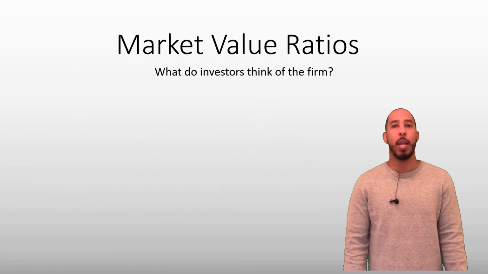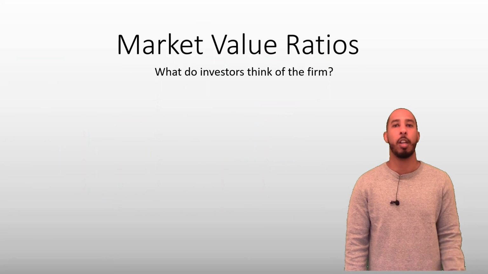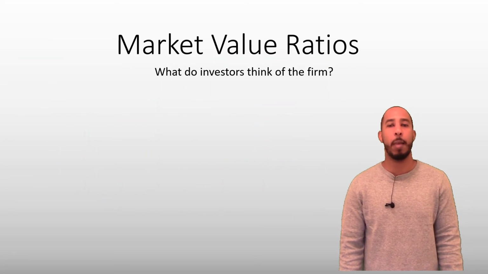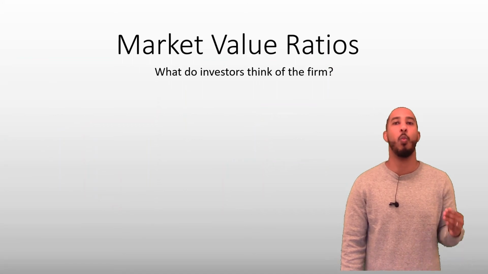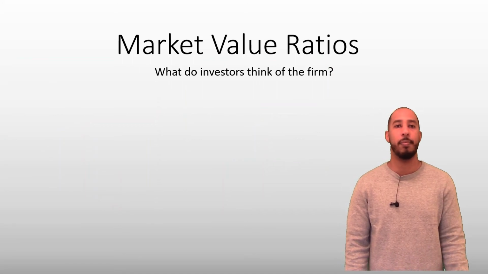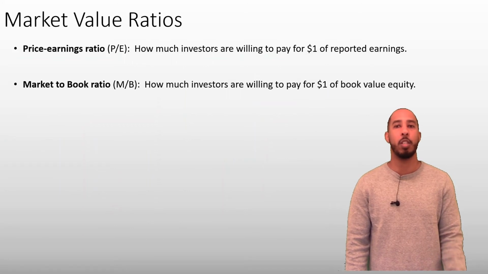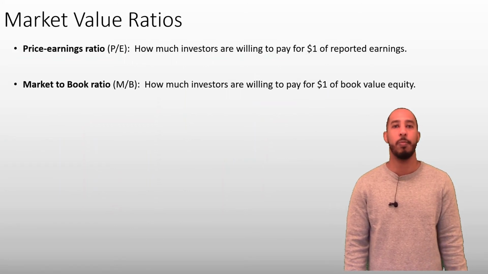The final group of ratios we're going to cover here are called market value ratios. These are interesting because we're going to look a little bit outside of the financial statements to see what real investors think about the business. There's two major ratios in this category, and they're price to earnings ratio, that's the PE ratio, and market to